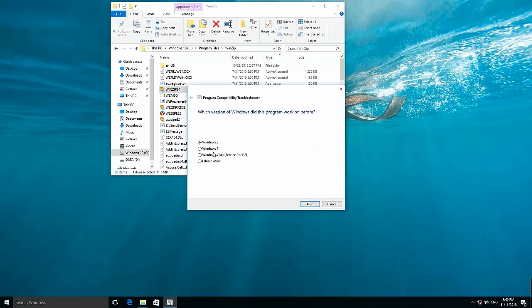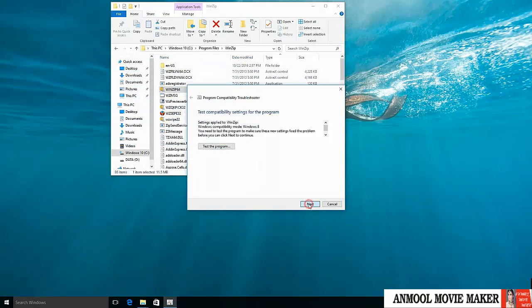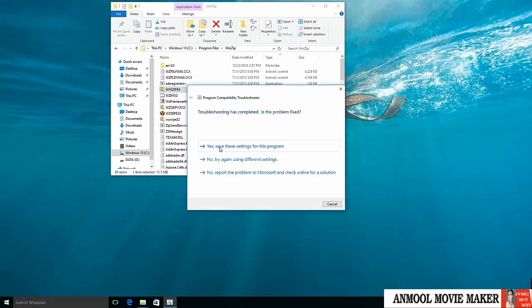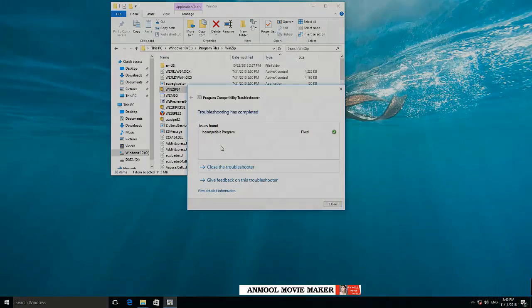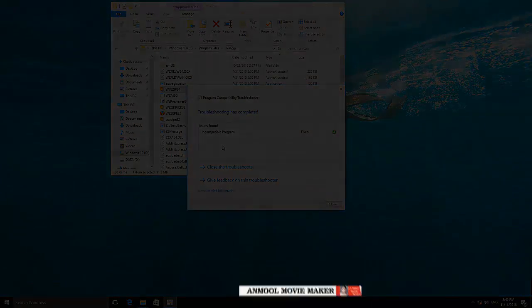Now select the version of Windows that you want your application to be compatible with. Click Test the program. The application has started in compatibility mode. Close the application. Click Next. Select Yes, save these settings for this program, so that this application will start with such compatibility settings by default, and you will not have to go through